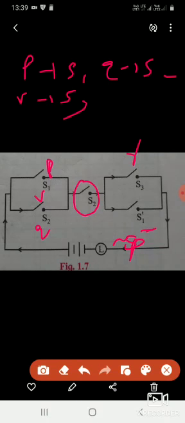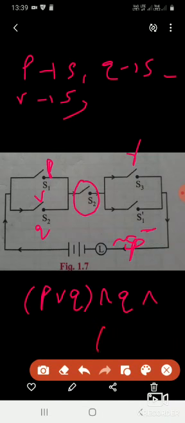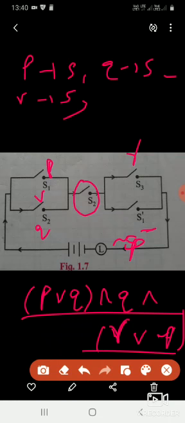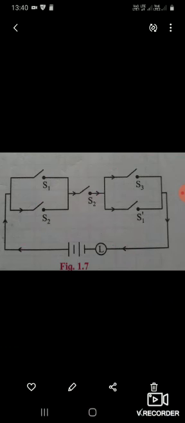Here what is the condition, listen now. The current will pass through P or Q, S1 and S2, it must pass through Q, and another possibility is R, S3, R and S1 dash, negation of P. So it is a statement, it is a symbolic form. Listen, once again I am explaining this one. S1, S2, S3 are used. So one is P, one is Q, one is R. Then we are seeing S1 and S2.